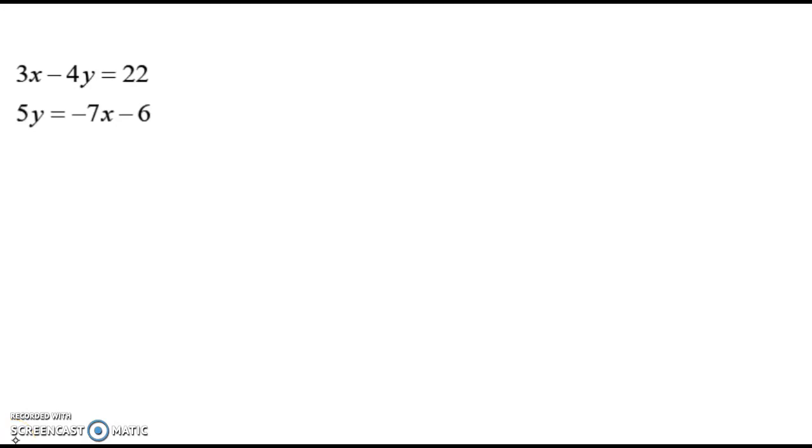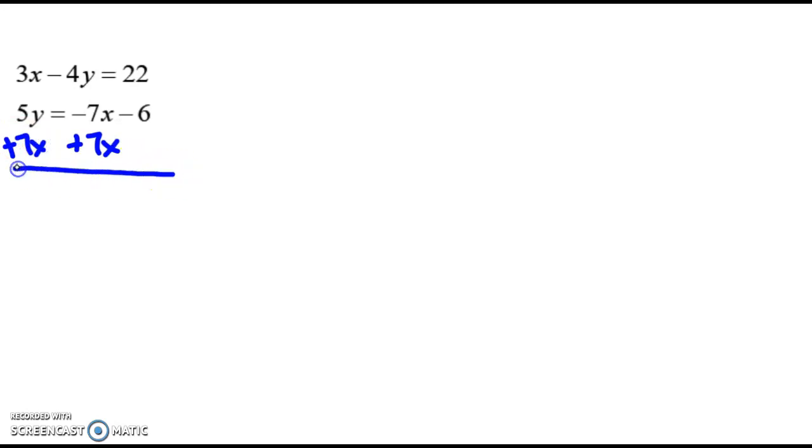Okay, still working on elimination today. Again, 2 variables, 2 equations in a system, and our goal is to figure out what x value and y value will work in both equations. So if we start with this example, we want to start by lining up the x's and the y's, equal signs and constants. So in this particular example, that would require us to add 7x to both sides